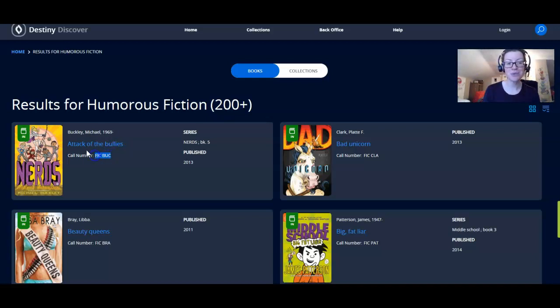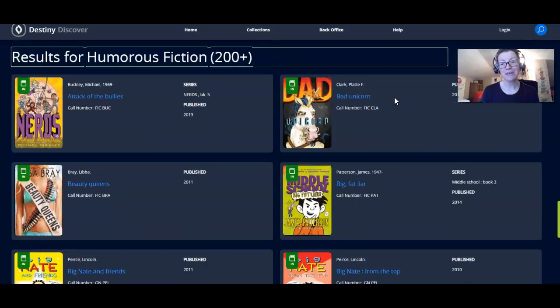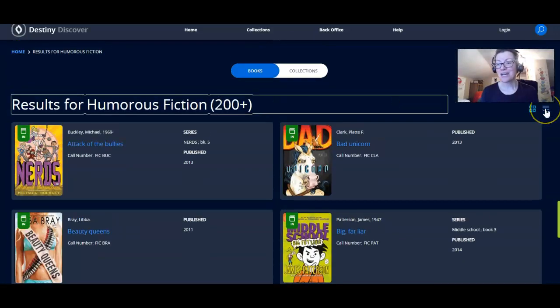So you can find this book, Attack of the Bullies, in Fic BUC, because our fiction is organized by the first three letters of the author's last name. You can also see if the book is checked in or out. Out is bright red at the top of that record if it is checked out. You'll be able to scroll down through all of the results, although I recommend that you would narrow this and